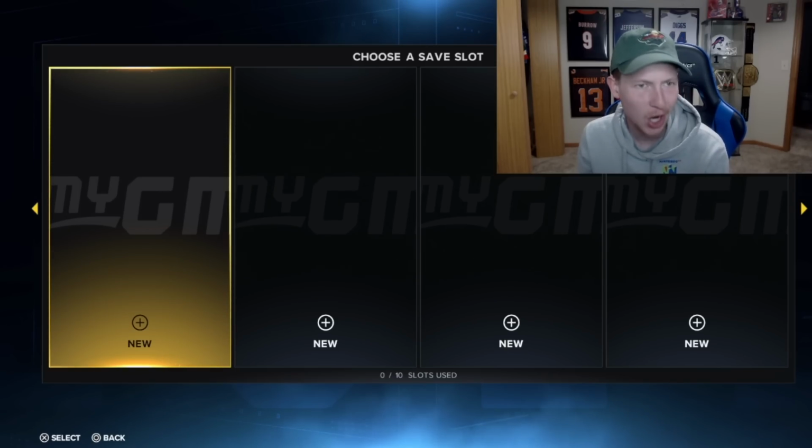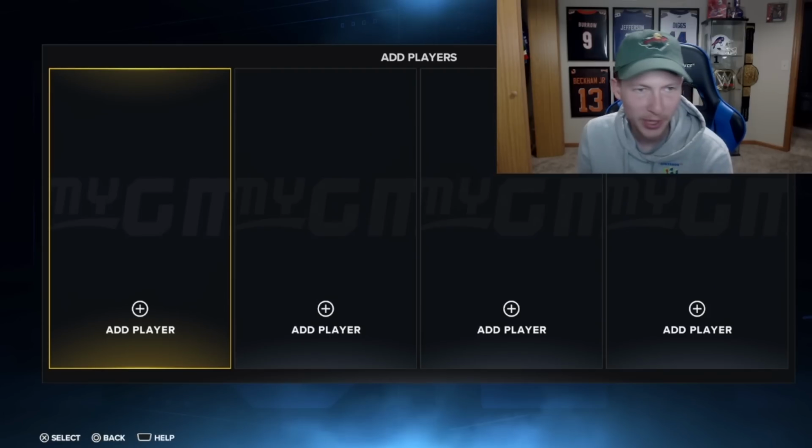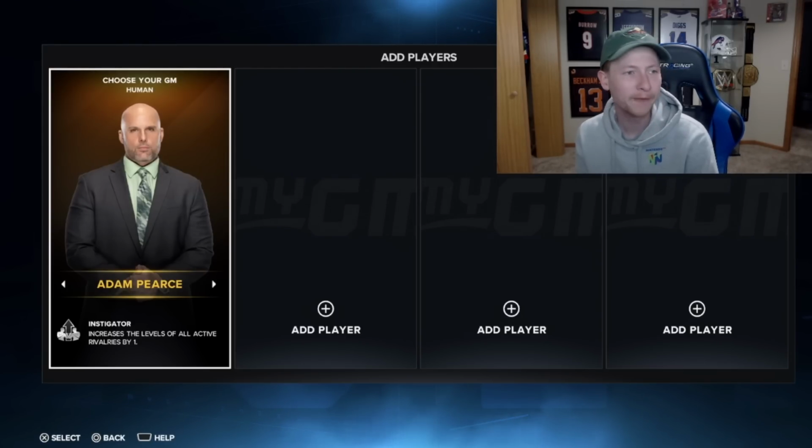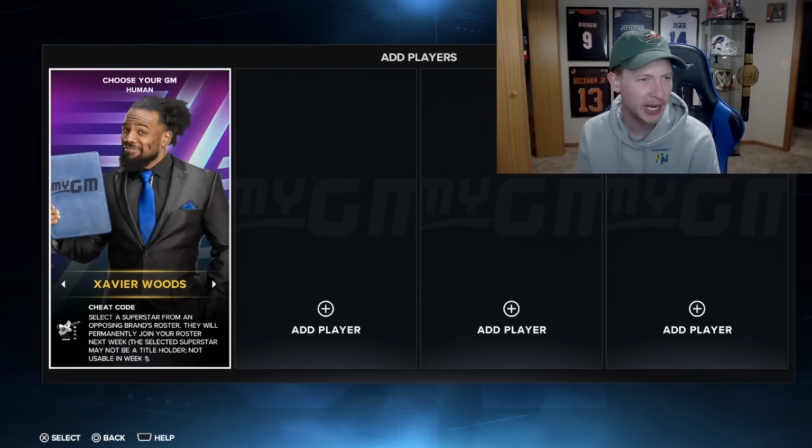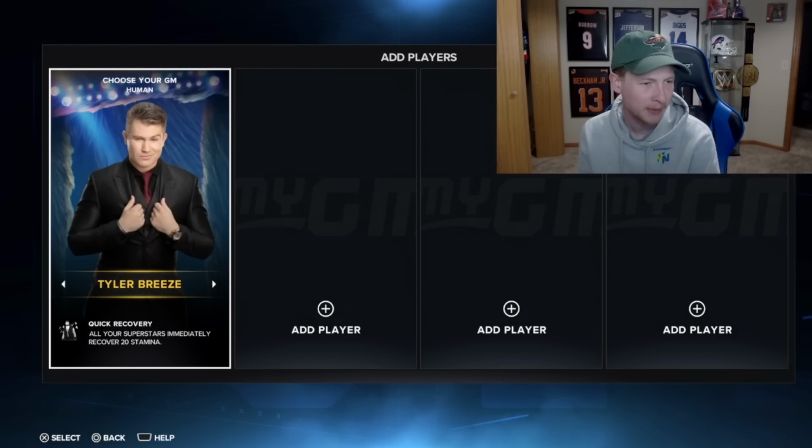Alright, so let's get this going. Not gonna lie, I have toyed around just a little bit. I haven't played a full season or anything, but I did just play like 4 weeks to kind of get my hands on it, to know the new differences and everything that was going on. However, for our first playthrough, like I said, we're only going to do 2 brands, meaning we're only going to have 2 GMs going, and I think my GM is going to be...